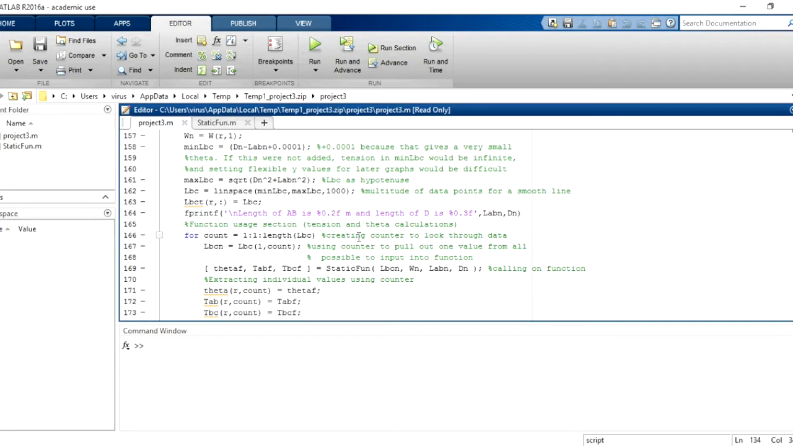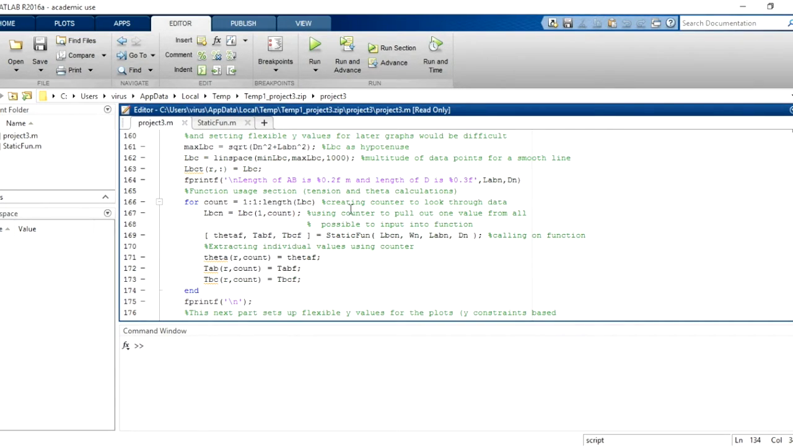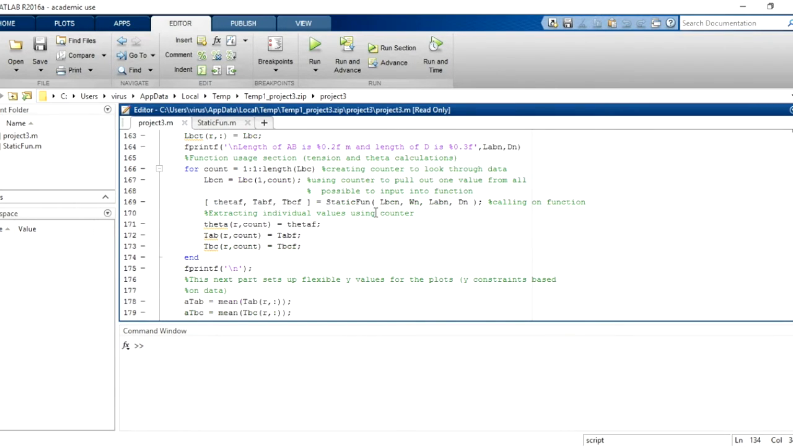We created 1,000 values because we figured that when we plotted it, the graph came out a little choppy. So we used 1,000 so that it can be smoother. And then we're going to print out the length of AB and the length of D. So right here, we're using this for loop to run each value through our function. And then when we call on our function,